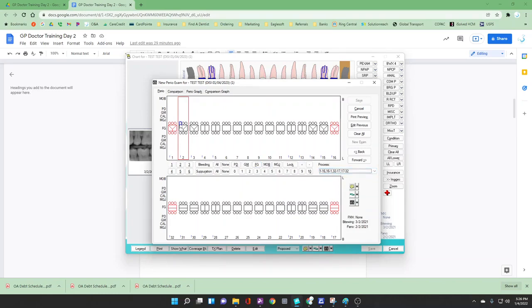We start on tooth 2, and this is on the buccal, and then we'll go to the lingual, and then we'll go to 32, go on the buccal, and go through the lingual. And then you simply type in the numbers. So if we were doing 323, 323, 323, 323, we would just chart their entire dentition there. Okay. You can also chart bleeding points, and you can also chart